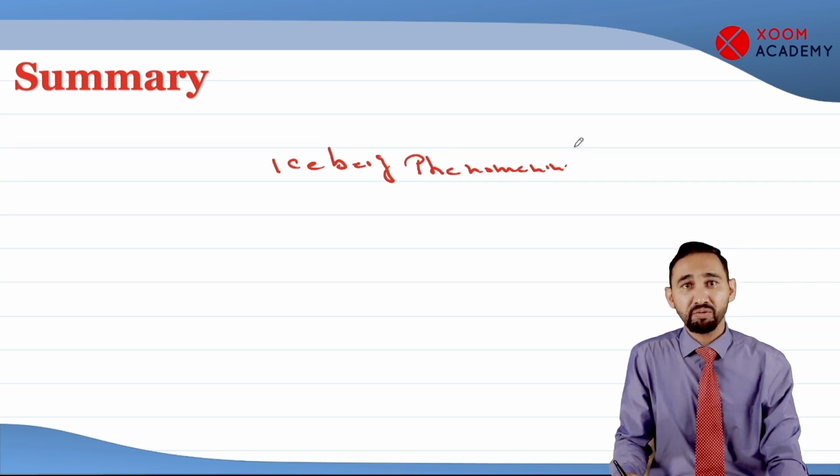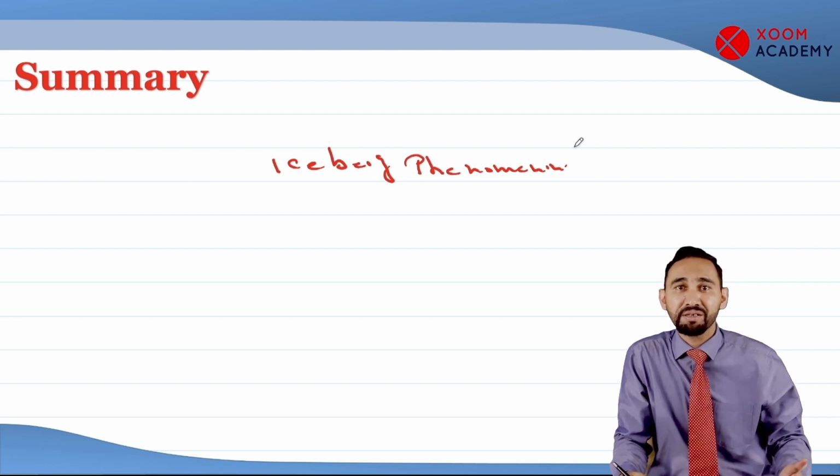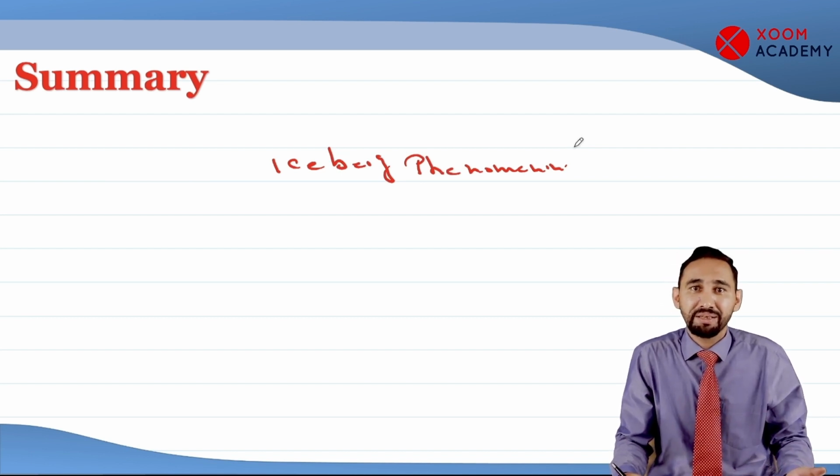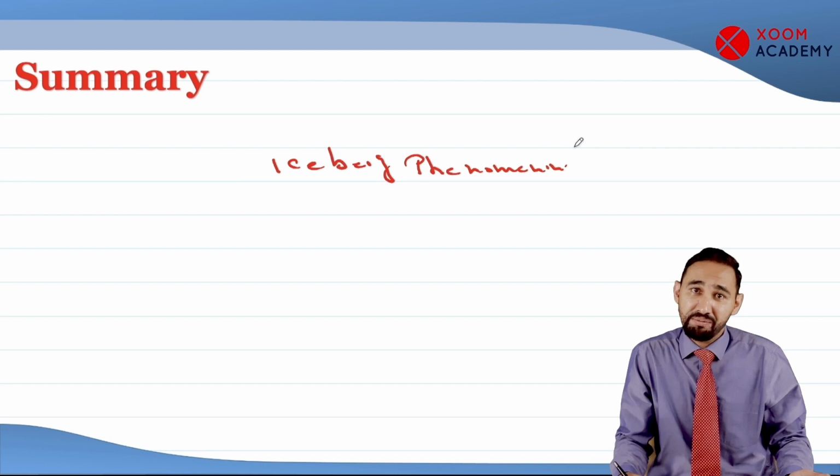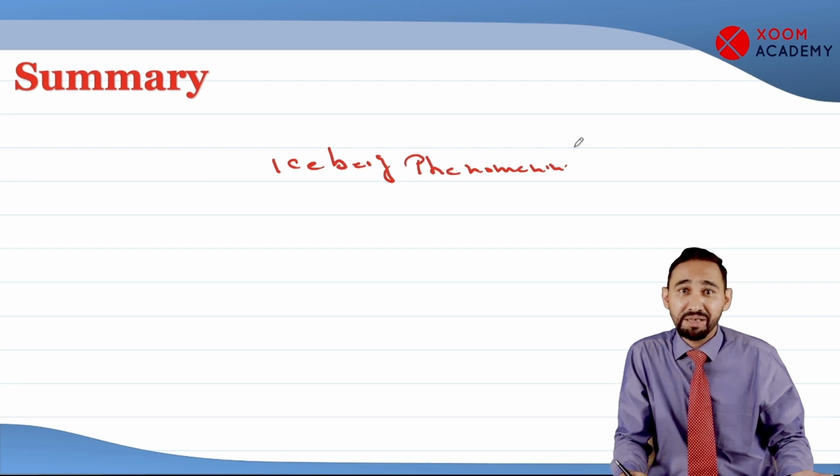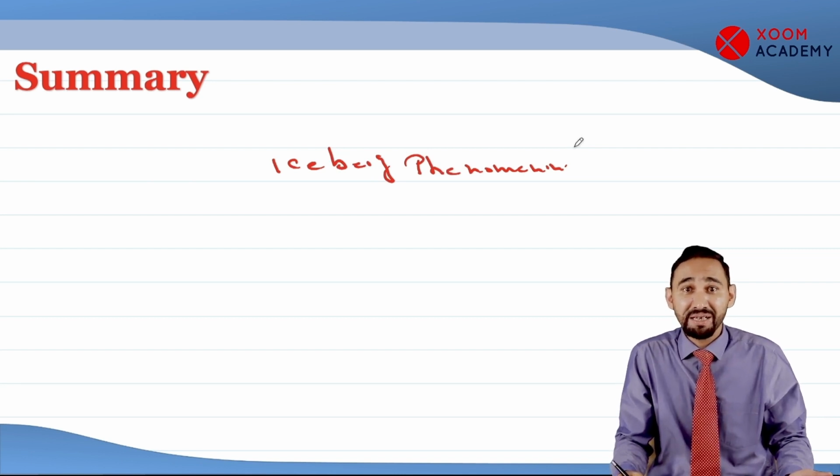Only the tip is visible to the clinician. The remaining 90% of cases are not visible. They are investigated by the epidemiologist. When he investigates, he does screening. By investigation, by screening, by early diagnosis, we can reduce the complications, we can reduce the burden, we can do